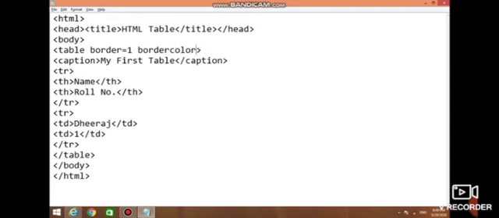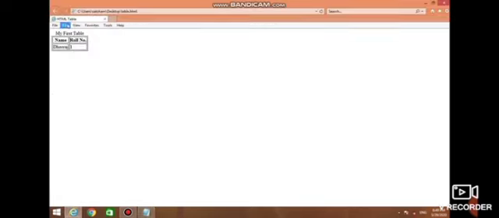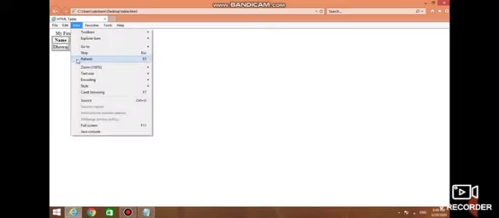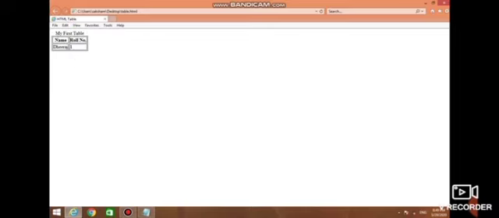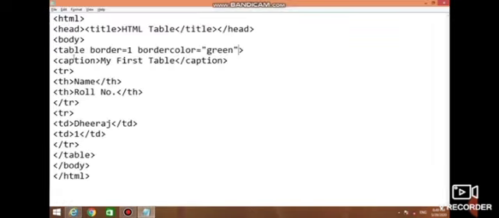Border color means this attribute is used to change the color of border. Green color, we can apply any color.